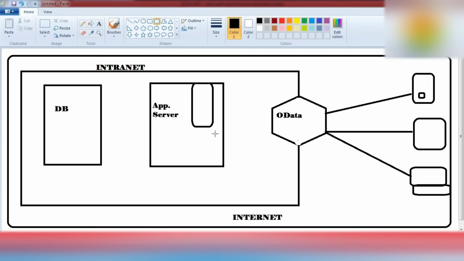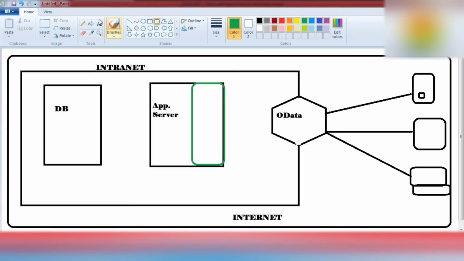NetWeaver Gateway is another new thing here. SAP introduced the NetWeaver Gateway system, which we can deploy on our application server. By using this NetWeaver Gateway system only, we can connect between the application server and OData.